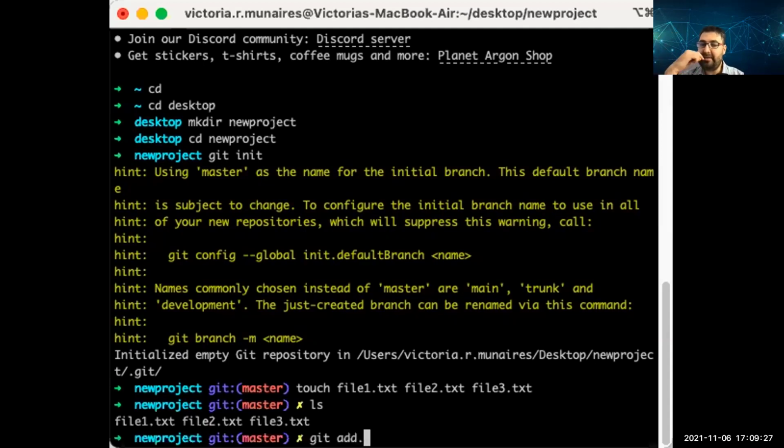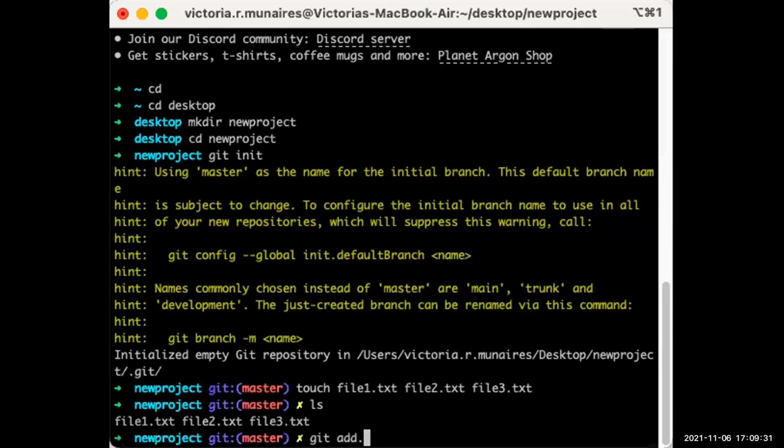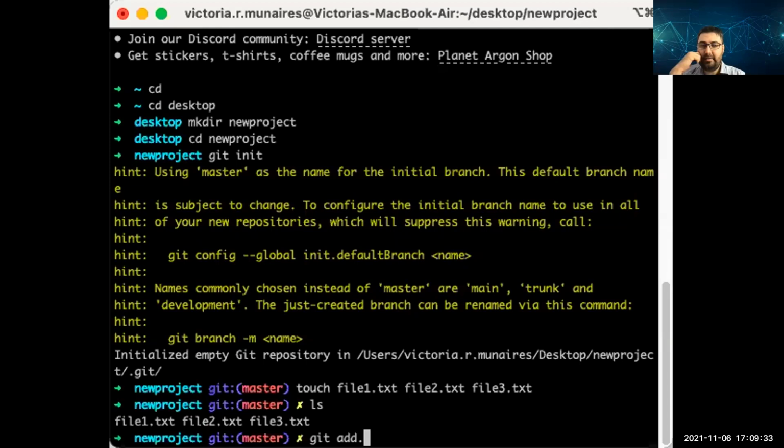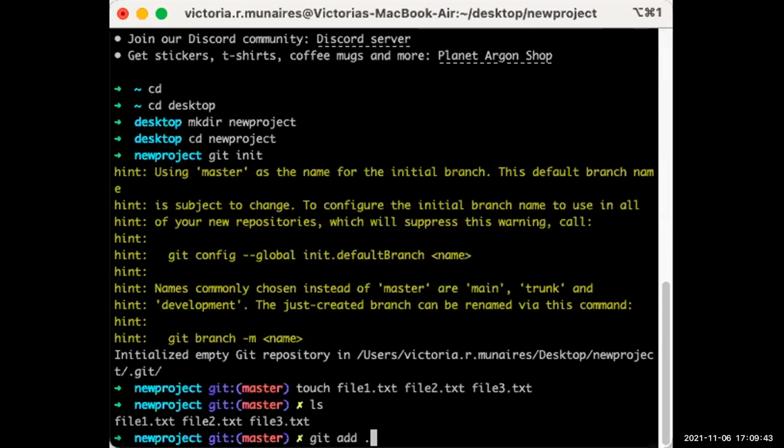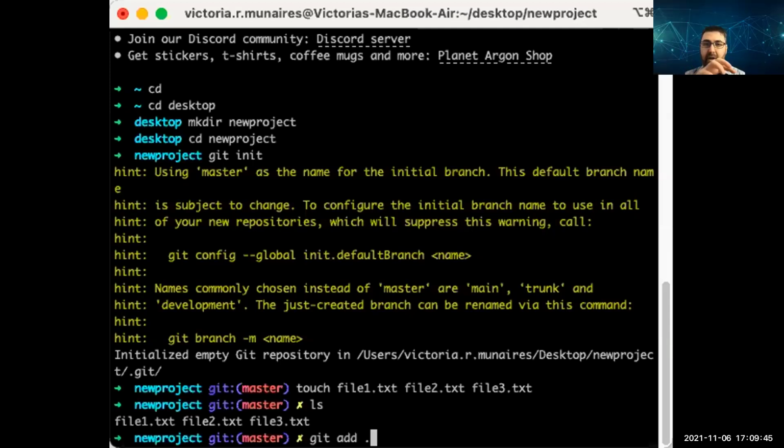We need a space between add and dot. Yeah, that's it. It means you are going to add all these 3 files from our working directory to the staging area. Then you can commit. So now just enter here.